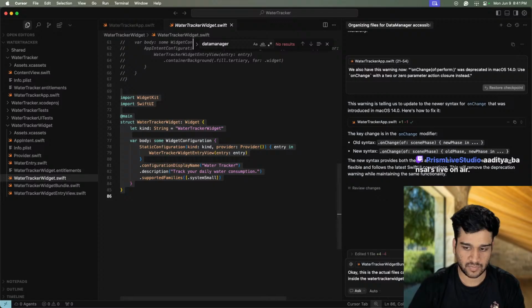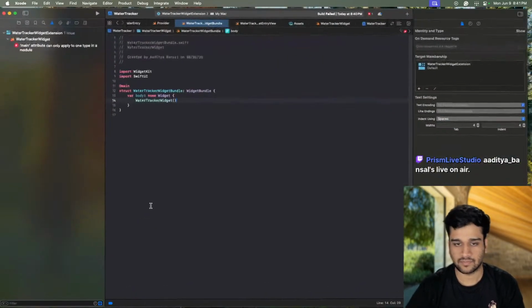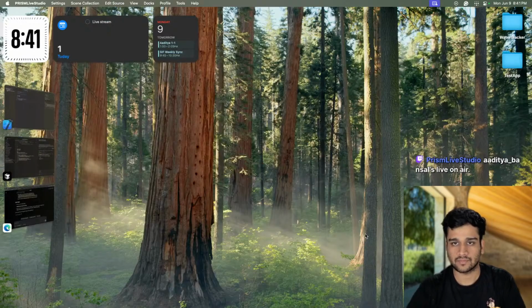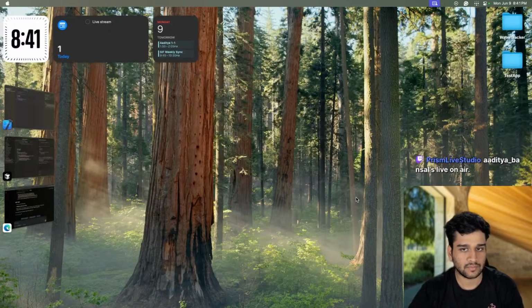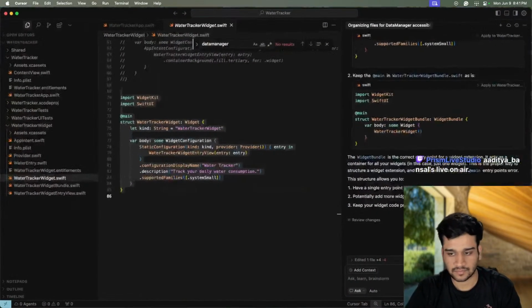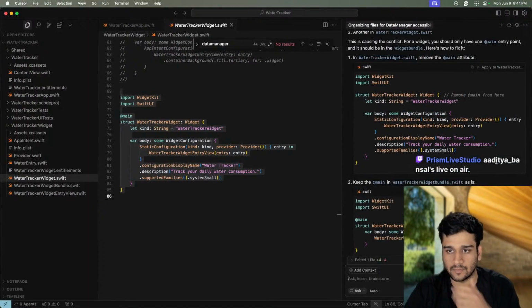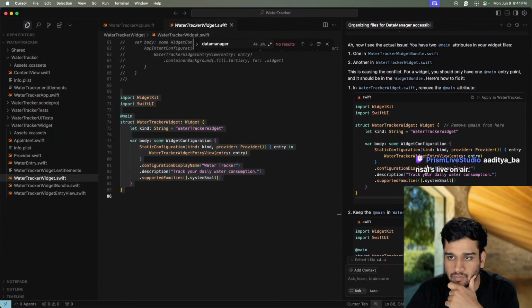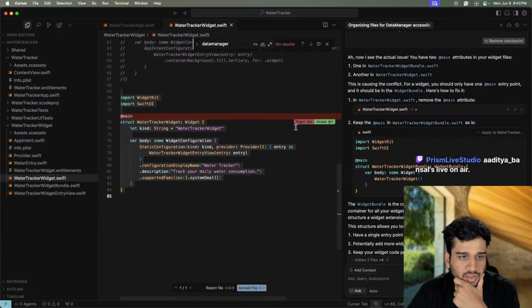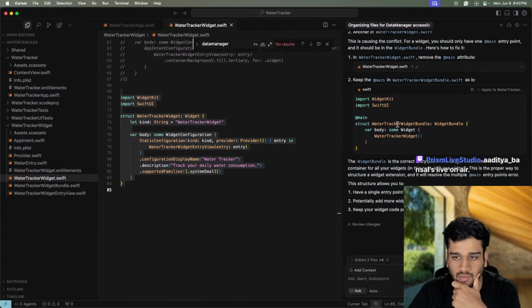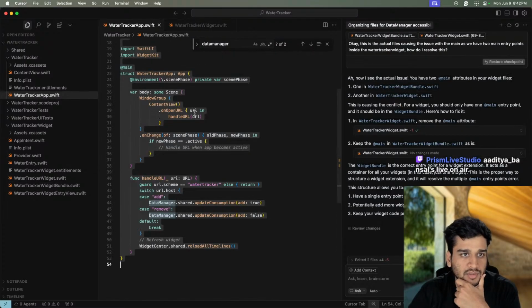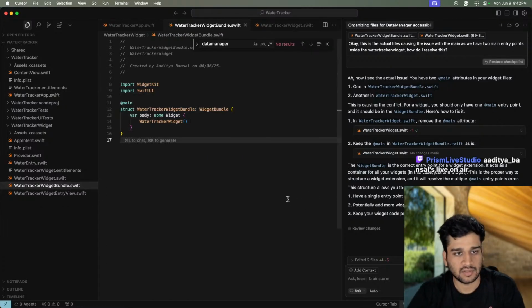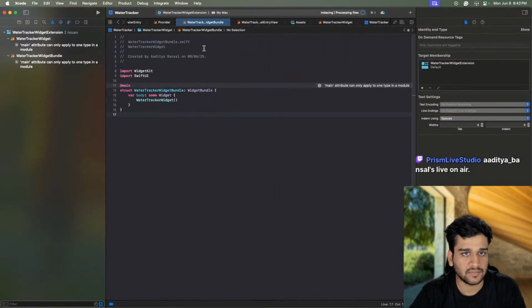How do I resolve this? Okay, so our water tracker widget.swift should not have the main, and only the widget bundle.swift file should have it. So now that we have that corrected,